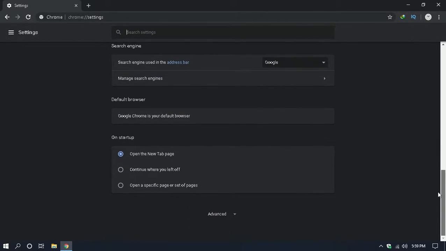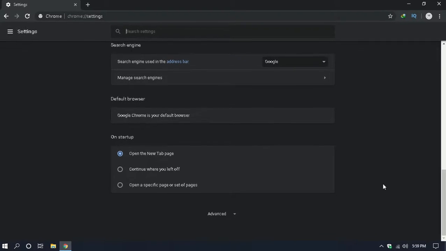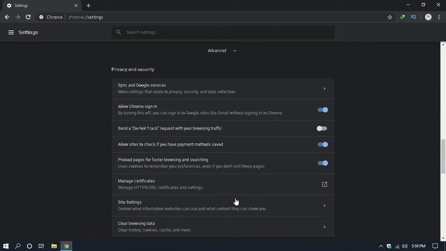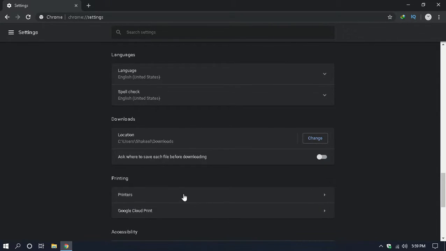Scroll down to the bottom and you will be able to see advanced. Click on it and scroll down and you will be able to see the downloads category. In that you will be able to see the location category. You have to click on the change button